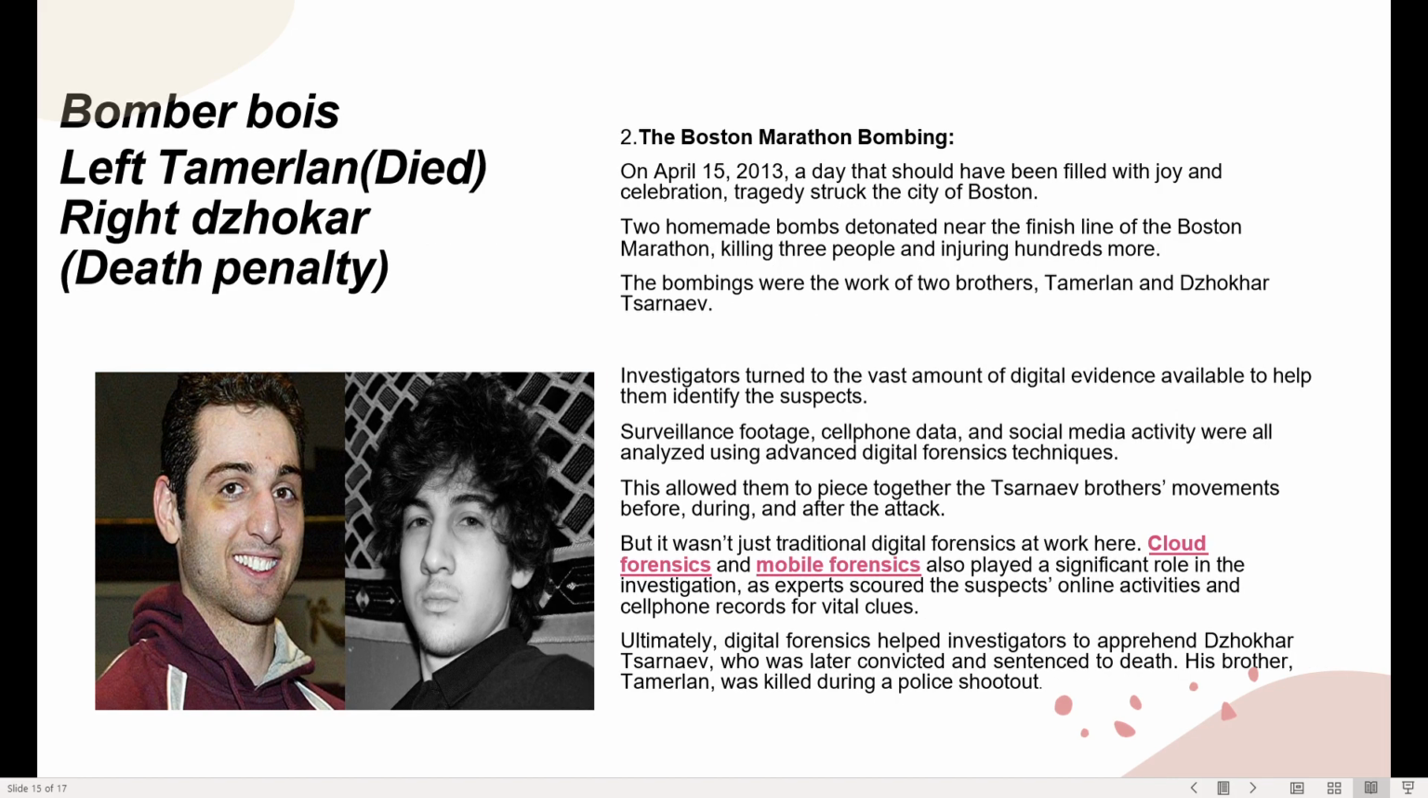The second is the Boston Marathon bombing. On April 15, 2013, a day that had been filled with joy, tragedy struck. Two homemade bombs went off near the finish line of the Boston Marathon. They were made by two brothers, Tamerlan and Dzhokhar